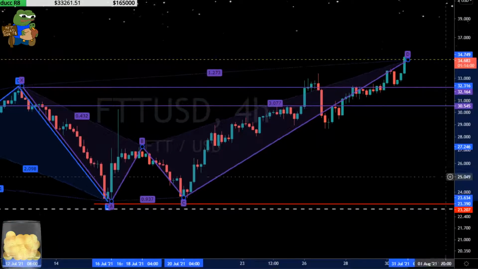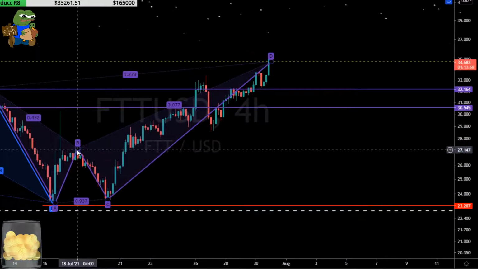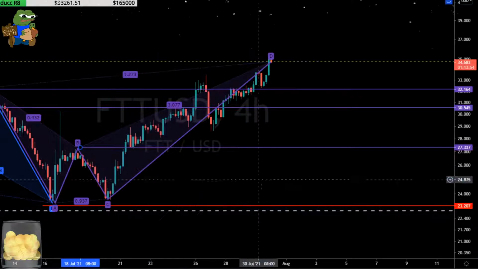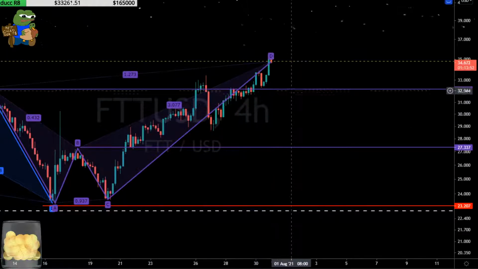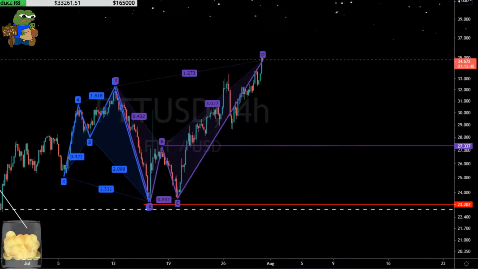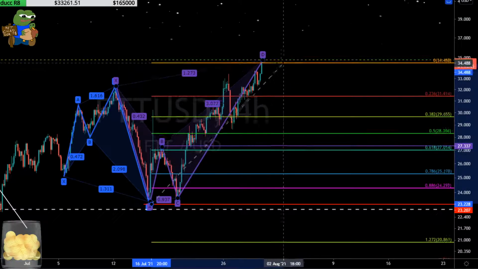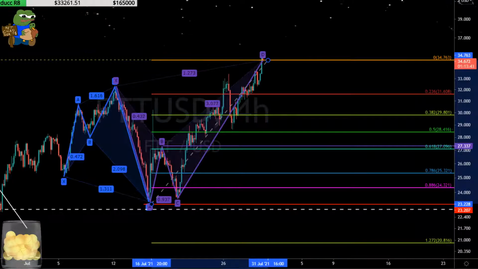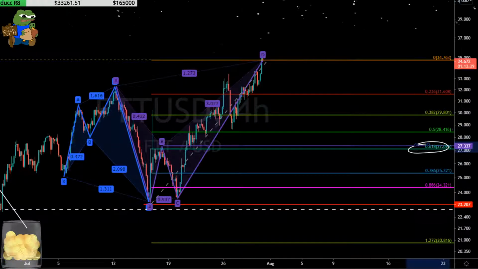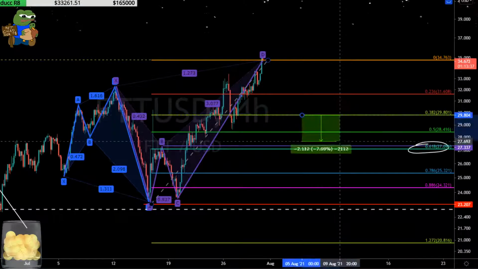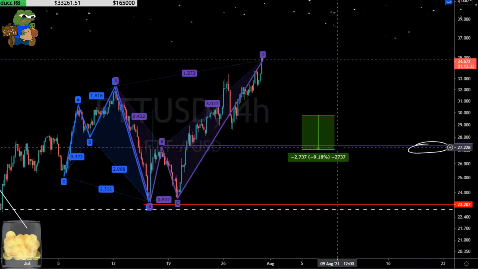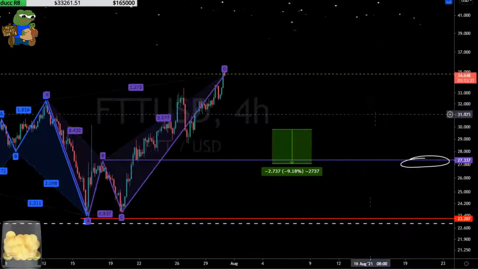Okay, so partial decline could be the B here, guys. Could be the B. Let's get rid of this. Okay. So let's see what happens. What would the B be? 618. Okay. 618. Partial decline, golden retrace would be here. Okay. Between the 382 and the 618, and that's right where the B is.